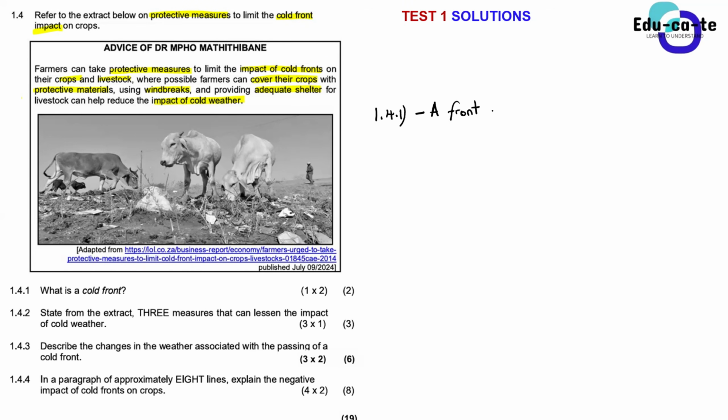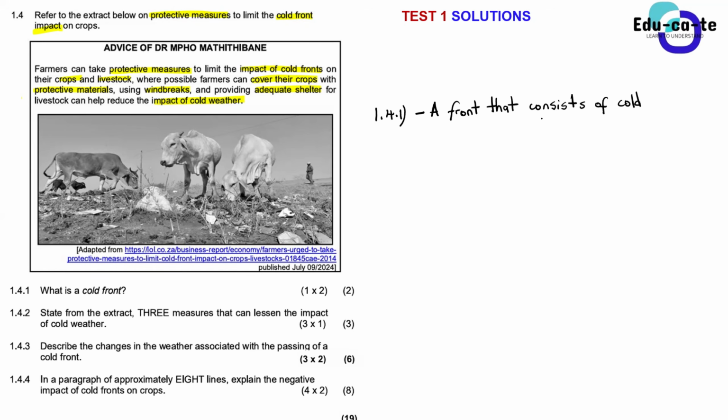Yes, Sam? So if I say it is a boundary where cold front moves and pushes under the warm air. You are explaining what a cold front is, so you cannot mention the term cold front within the explanation per se. What is the cold front itself? It is a boundary where cold air moves and pushes under warm air. Yes, you are now saying it's a boundary where cold air pushes, or moves, or undercuts warm moist air. That is correct.